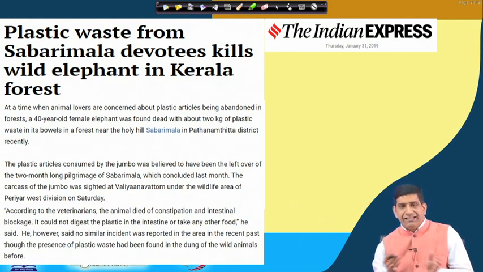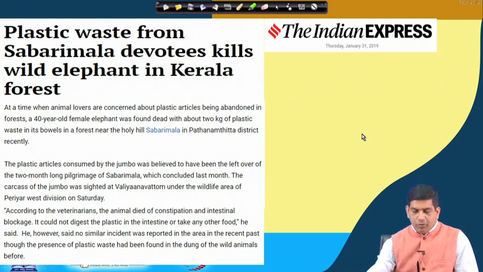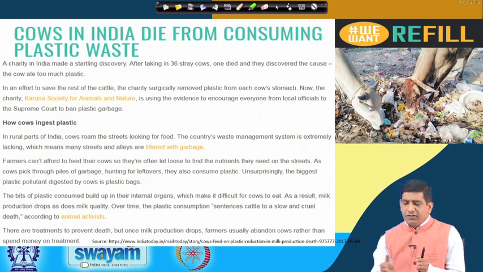But this is a problem in terms of plastic getting into the animal's body. Cows in India die from consuming plastic waste. That is again a big problem. Not only are cows dying from plastic waste, since the cows are consuming it, as you can see from the picture on the top over here,